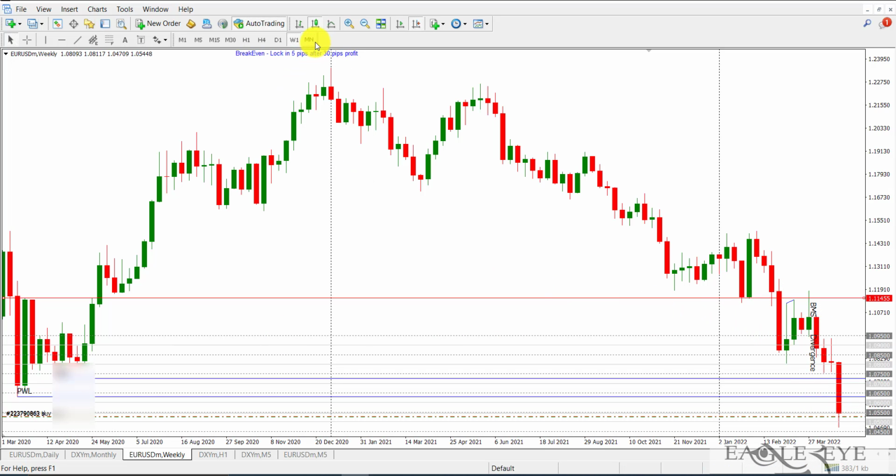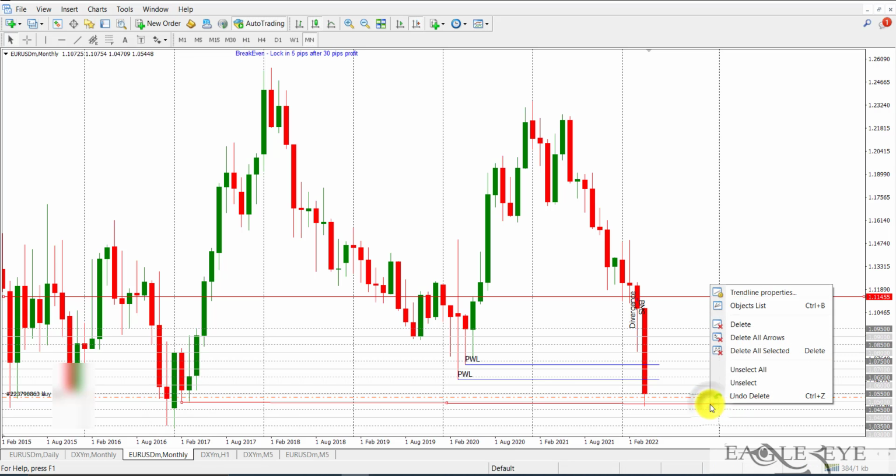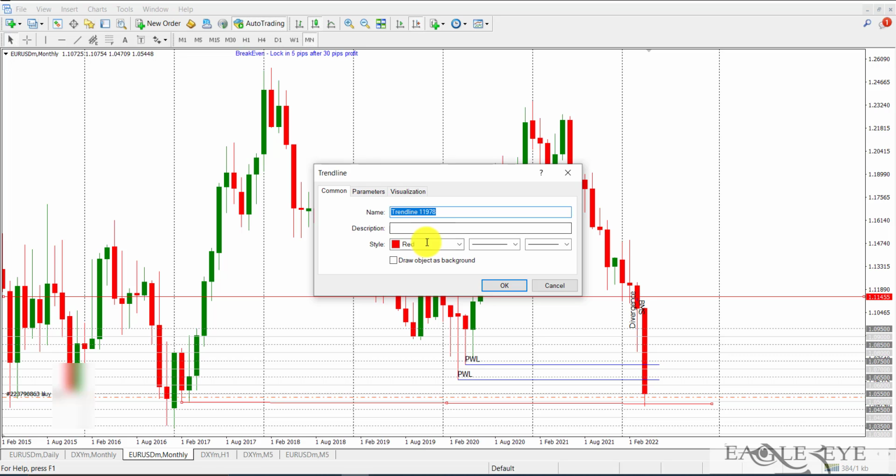If you take a look at the monthly chart, you can see a nice level just below this previous weekly low, these lows over here. Let's mark that area. Price just went in there, by just a few pips,